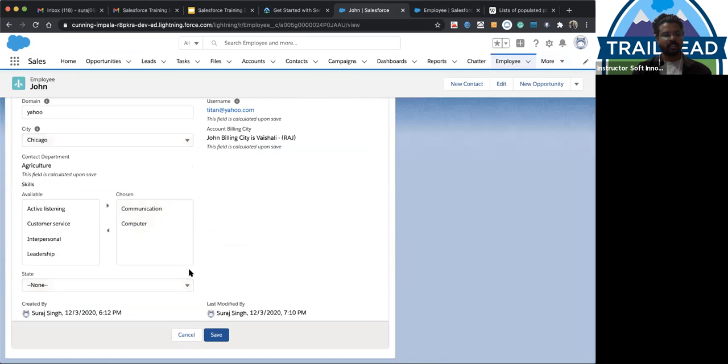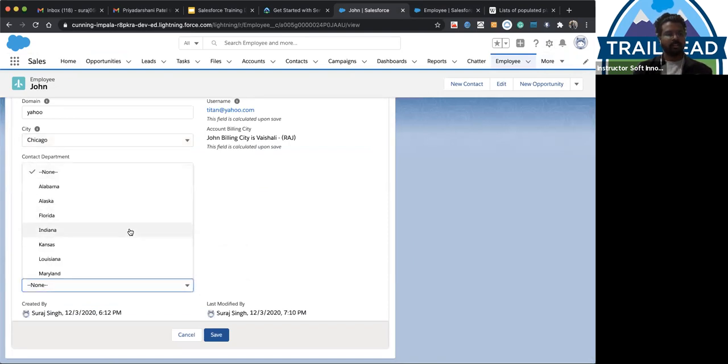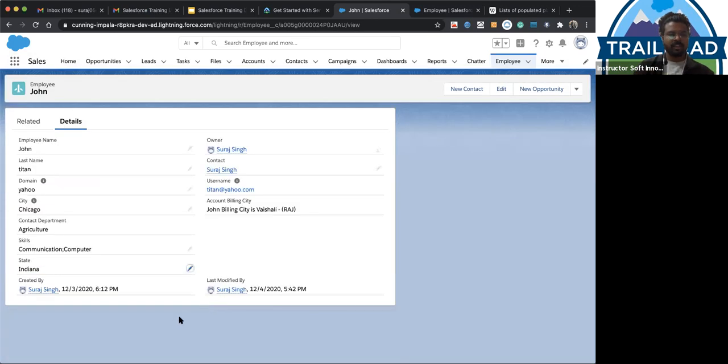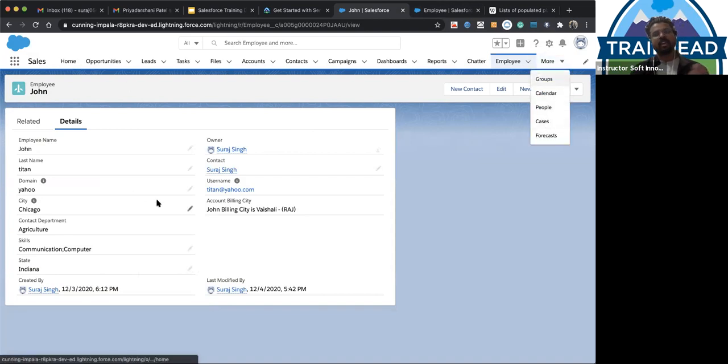Now you can see that all the options that we added in the global pick list are available here. So this is the way we can add a global pick list to a pick list. Suppose we go to the application object and create a new field there, we can also choose that state pick list.